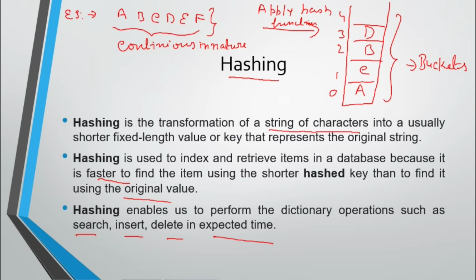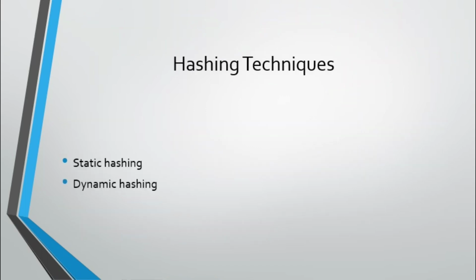As we go forward in this slide, we will understand exactly what hashing is and the different types. We will also understand what hash functions are, what happens when we use different types of hash functions, what problems come up, and how to resolve those problems. Everything we need to study. As I already told, we are discussing static hashing. There are two types of hashing, static hashing and dynamic hashing. We will discuss everything about static hashing in our video.